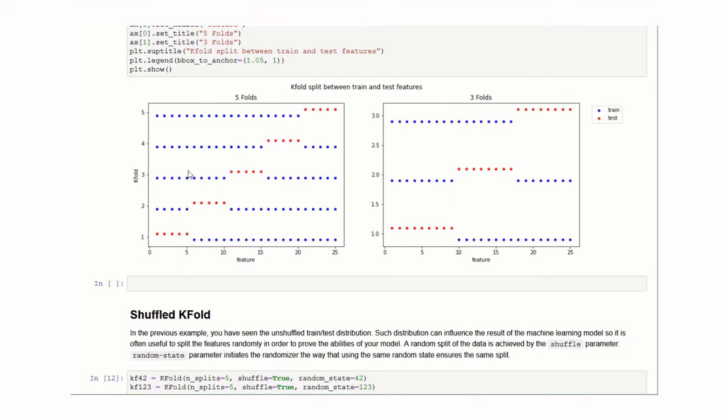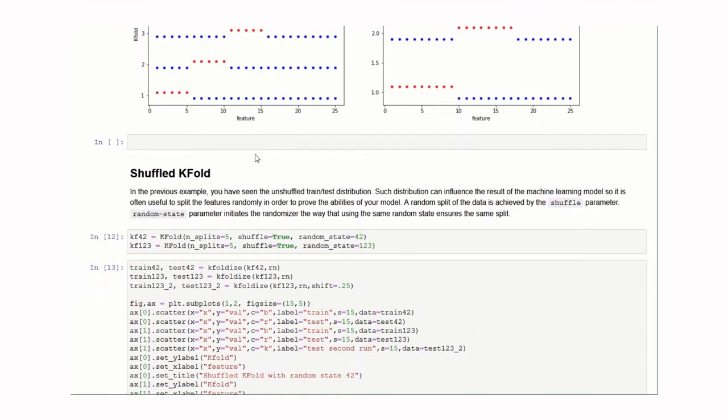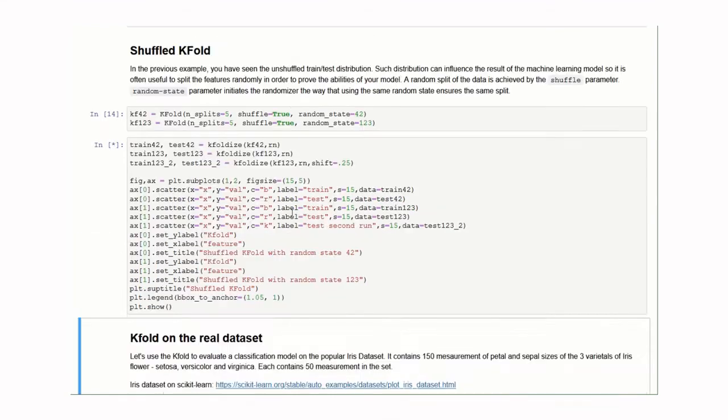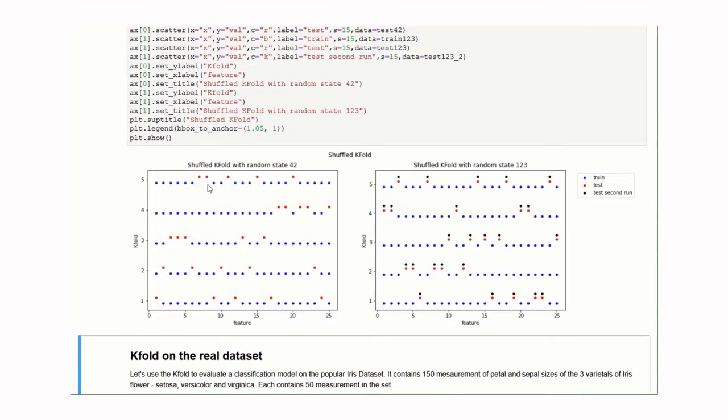In this case, we are not shuffling any data. Here let's shuffle the k-fold. To shuffle the data, we have to pass an extra parameter shuffle equal to True, which will shuffle the dataset and pick the training dataset randomly from the available dataset. Here you can see the testing dataset has been formed by picking random indices from the dataset.